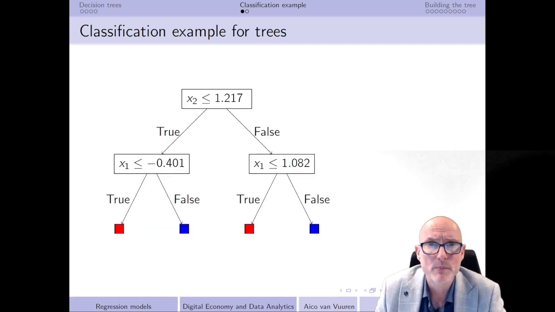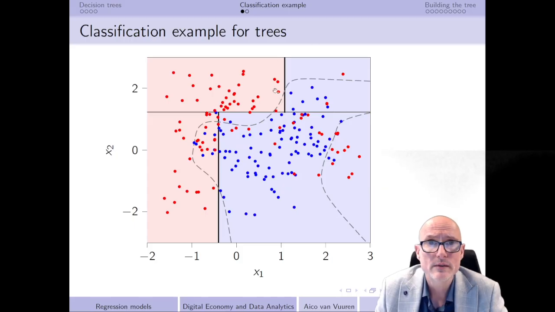And if we compare that, then this area that we have over here also has a further subsplit. In this particular situation we're going to make a vertical split at this level, a little over 2, I would say. That implies that if you're below 2, then you're going to have a prediction blue, otherwise we're going to have a prediction red. So it works again as simple as that.